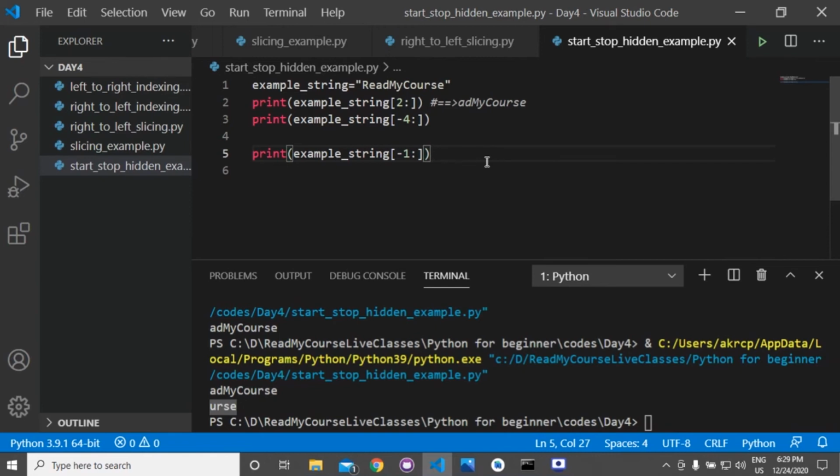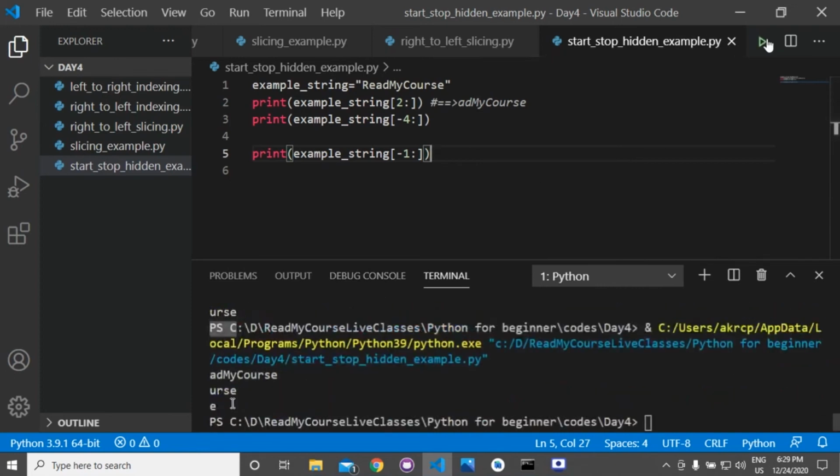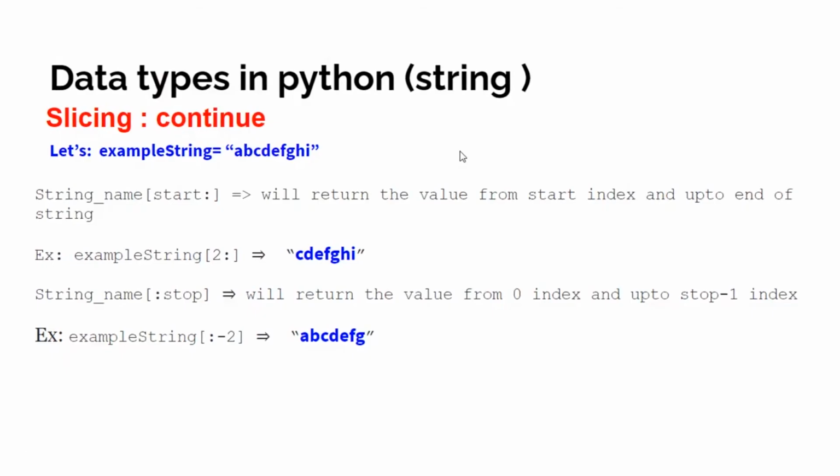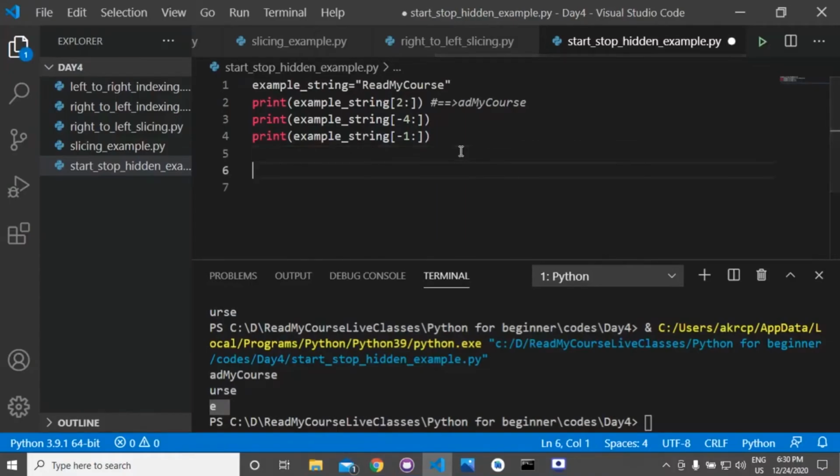If you want to get the last element, you can write like this. So it will give you the last element. Okay, now we will write stop. We will not pass the stop parameter.